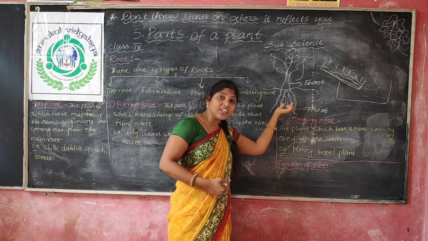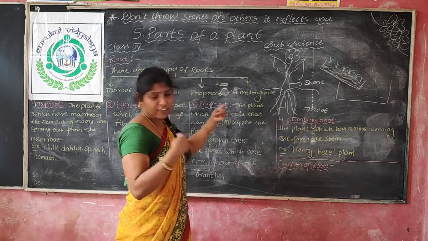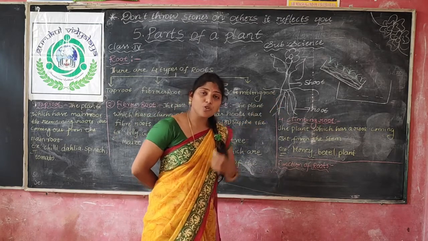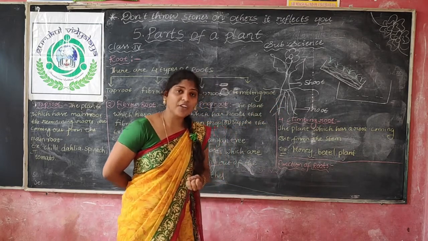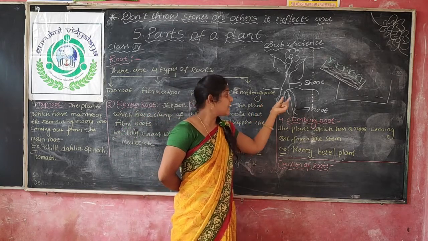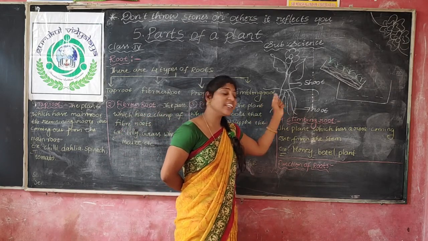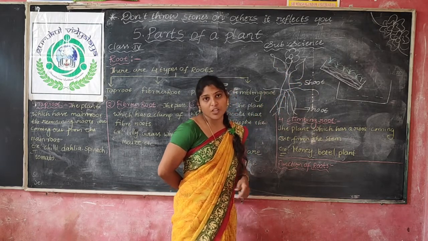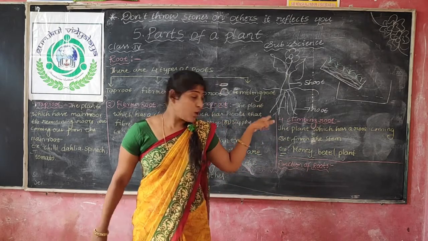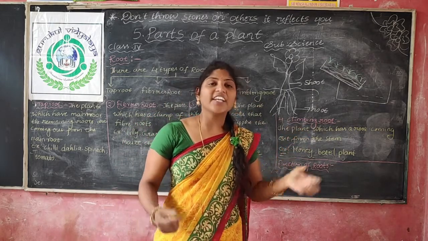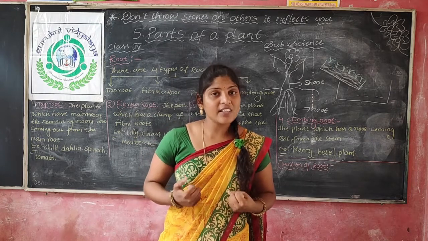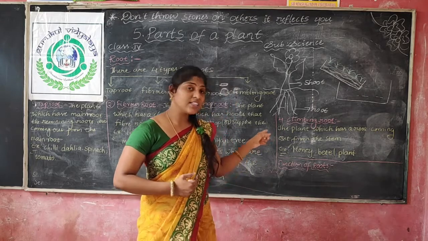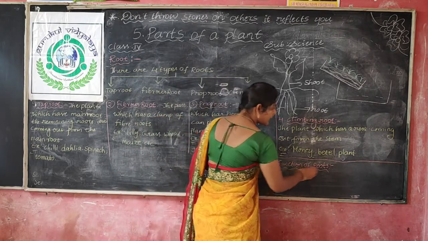And what these roots are doing, either it is a climbing root or any root, it is absorbing those minerals and water from the soil, and it is sending those minerals and water to the other parts of the plant through the stem. So what is the job of the root here? It absorbs all nutrients or minerals and water from the soil. And also one more work. What is the first work? It absorbs